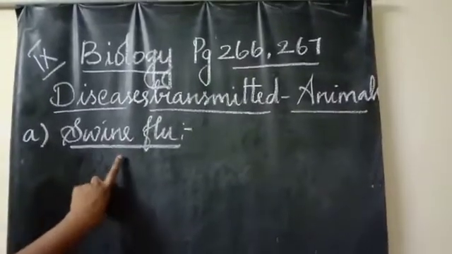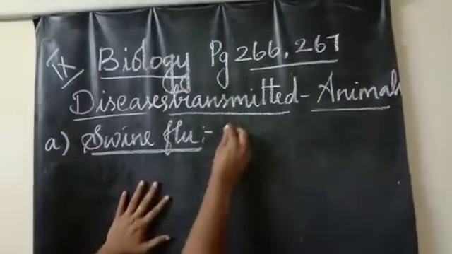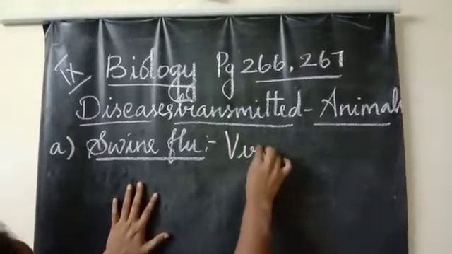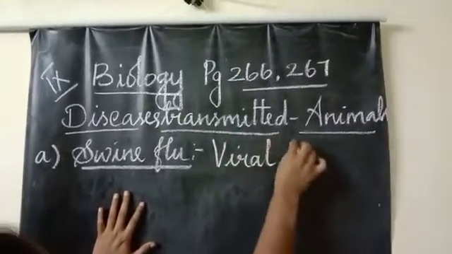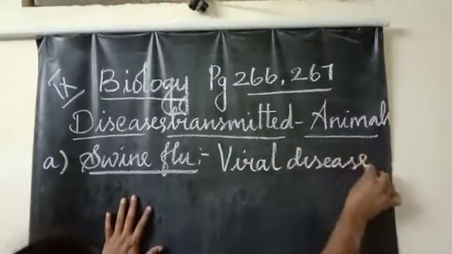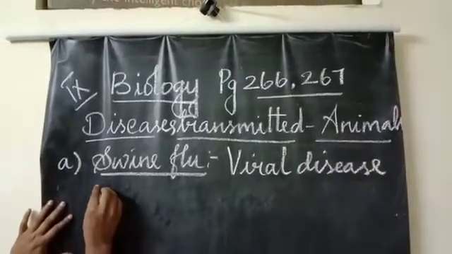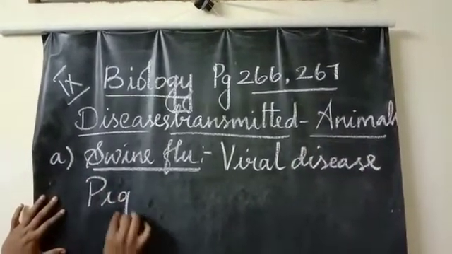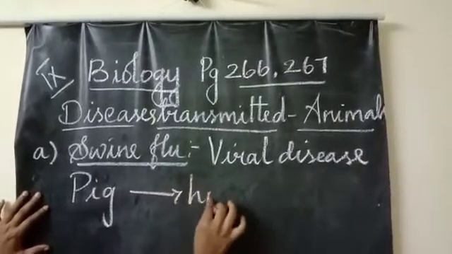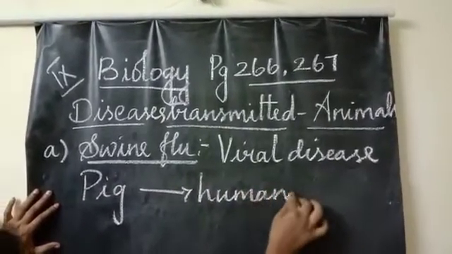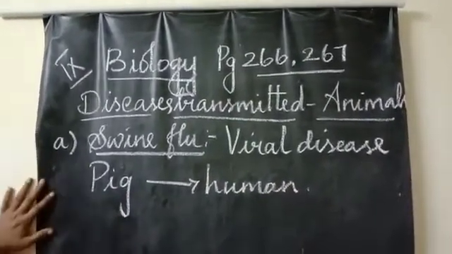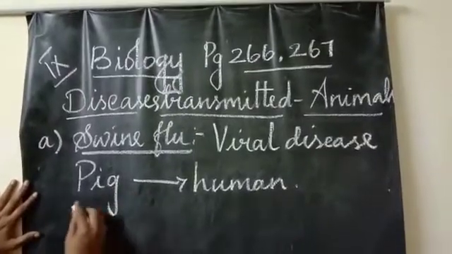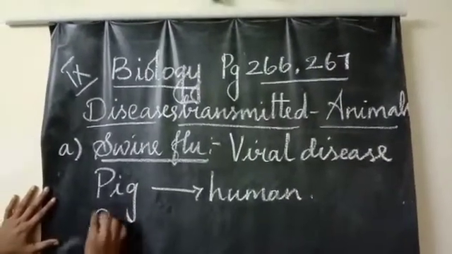Swine flu is caused by a virus. It is a viral disease. From pig to human, the disease is spread. So how does it spread? Through droplets